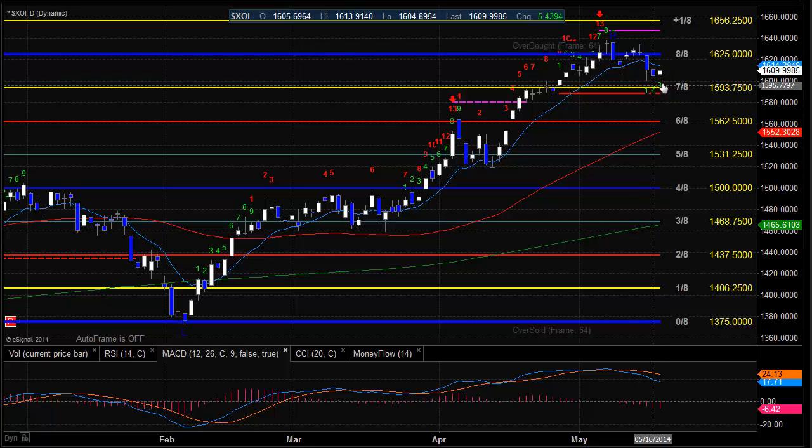But the key thing here is if this does break this little range here and we lose this static trend line, MACD is now negative, we could easily start to roll back here. This has actually been a pretty good run from 1380 all the way up to 1620 in a relatively low beta group. So we've had a pretty extended run to the upside here. If we do roll to the downside, we definitely could put this